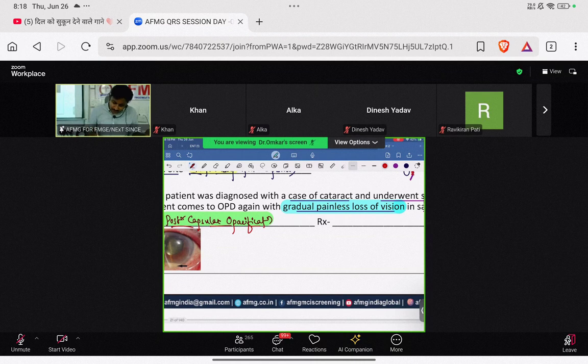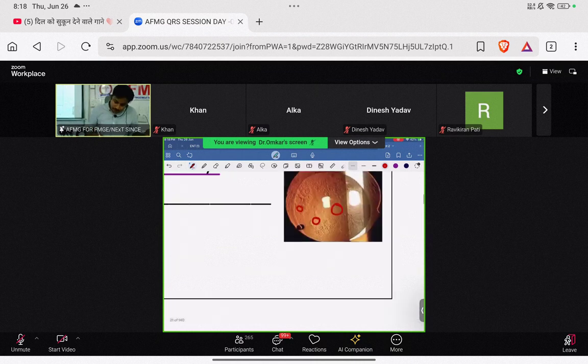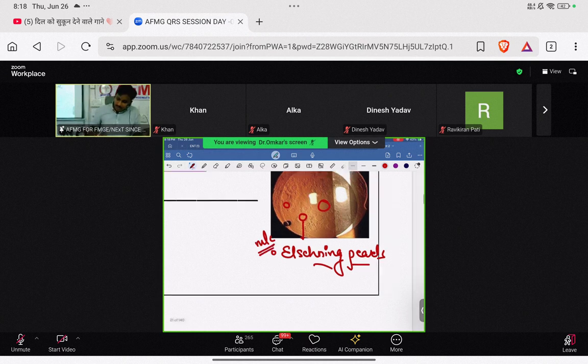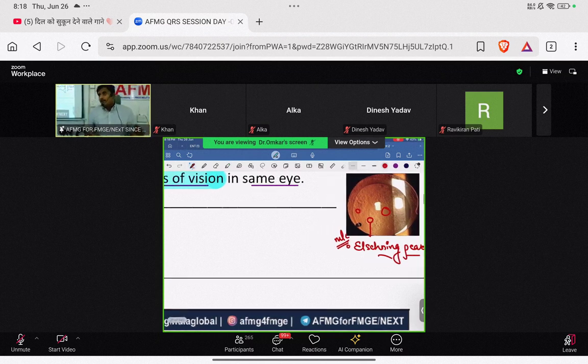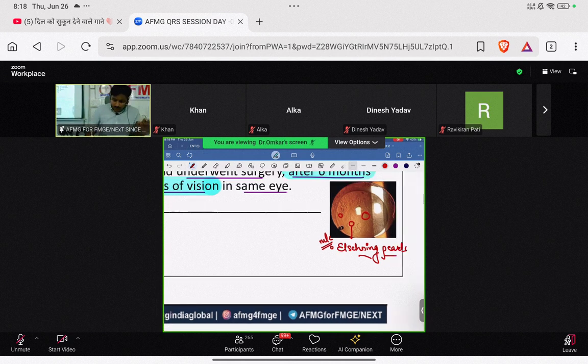तो ये जो दिख रहा है पिक्चर में, ये क्या है? तो ये मोतियों जैसा दिख रहा है, so it is nothing else but Elschnig pearls, beta. Elschnig pearls are the most common type of posterior capsular opacification. Soemmering rings are not very common. Hopefully clear to all of you now. अगर वो पूछेंगे, PYQ हो गया, image based था वो भी, what is the treatment for posterior capsular opacification or after cataract? We have to use an Nd:YAG laser, और उसके सहारे हम क्या करेंगे?